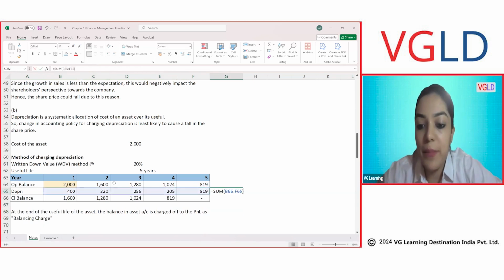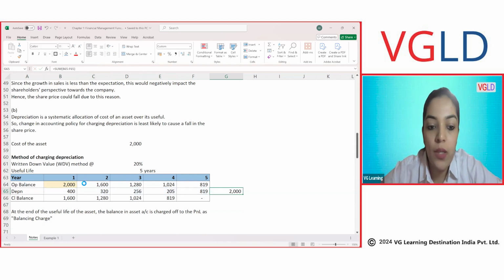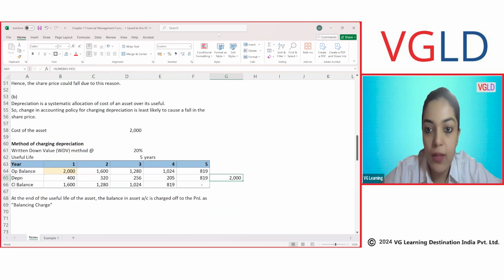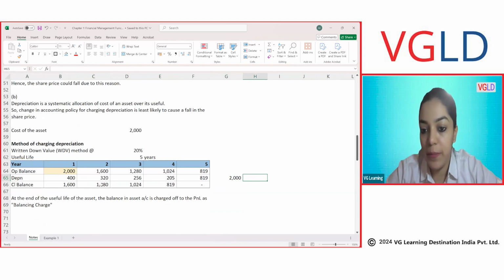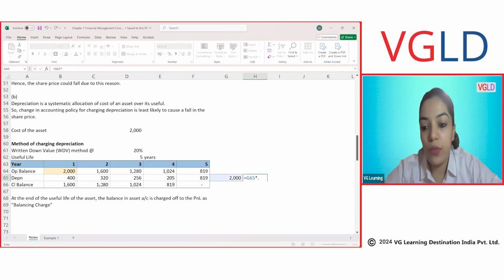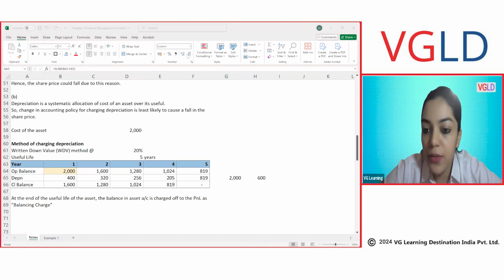So if you see, the total depreciation that has been charged is 2000. Okay. Now, yes, depreciation is a tax allowable expense, but let's say the total tax rate is 30%. The total tax it will save across 5 years will be what? 30% of 2000. The total tax saved due to depreciation. It saves tax, but what is the total tax that is getting saved? It is 600,